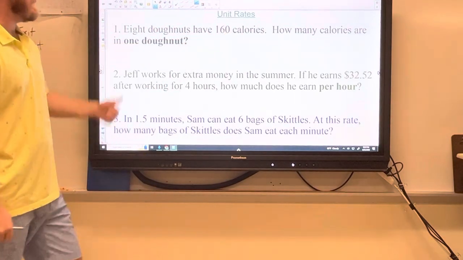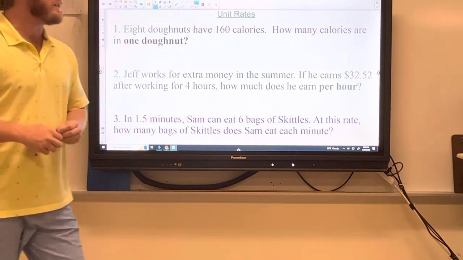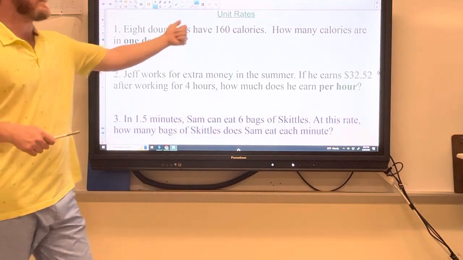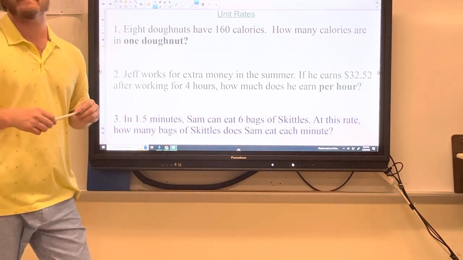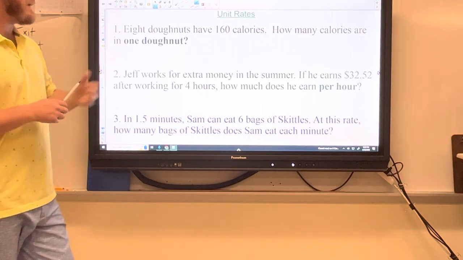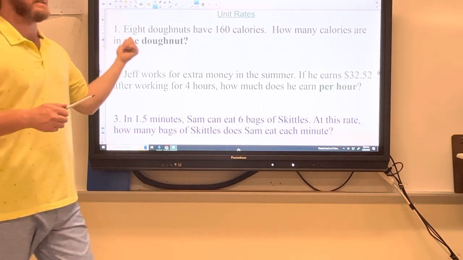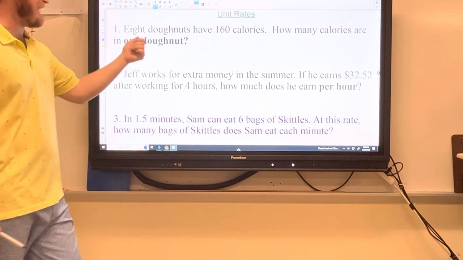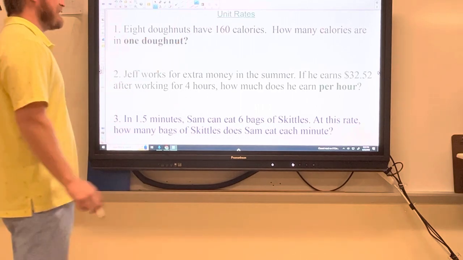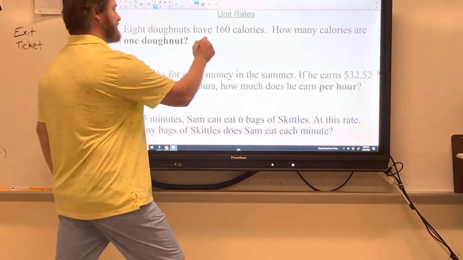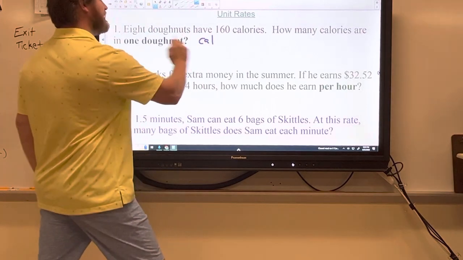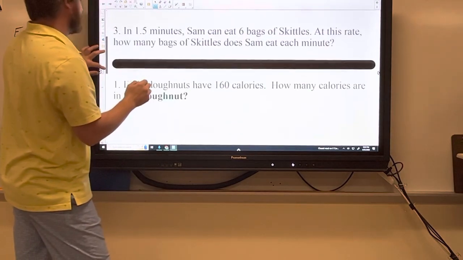That wouldn't make sense. If 8 donuts have 160 calories, if you did 8 divided by 160, that gives you 0.05. That would not make sense for a donut to have 0.05 calories because after 8, it definitely wouldn't add up to 160. So make sure you're setting this up correctly. We're comparing calories. Actually, let's give ourselves some more room. For number 1,